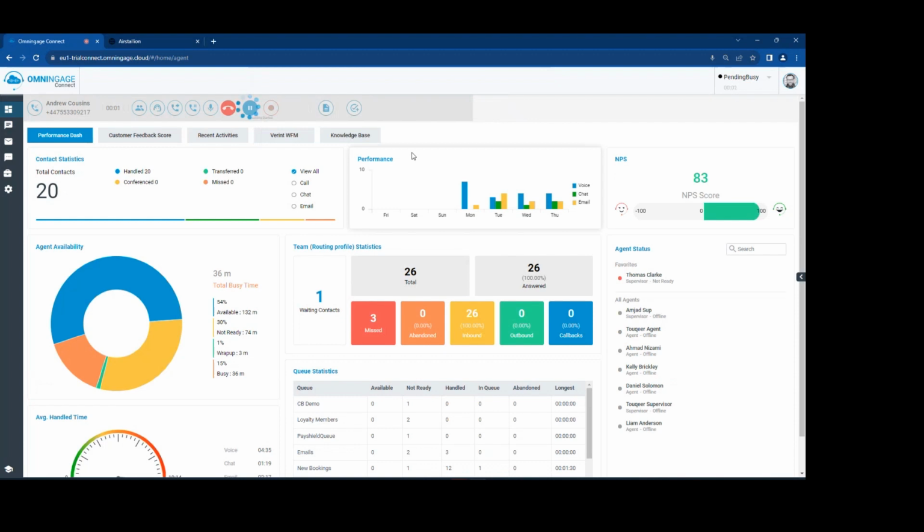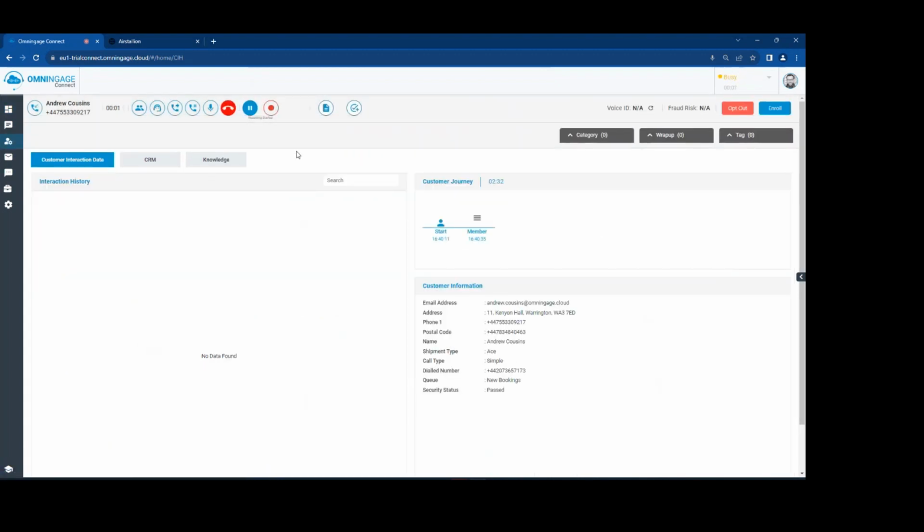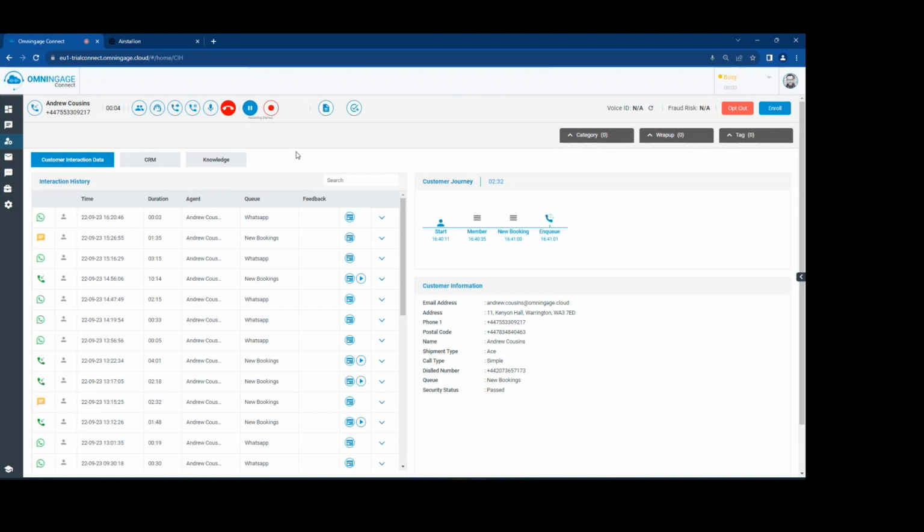The behavior of the application changes seamlessly to accommodate the voice interaction. The agent is presented with relevant information relating to the customer. We have the customer's name and their contact number and the length of time we've been connected as an available agent. There is a CTI bar across the top, so there are a number of different functions the agent can